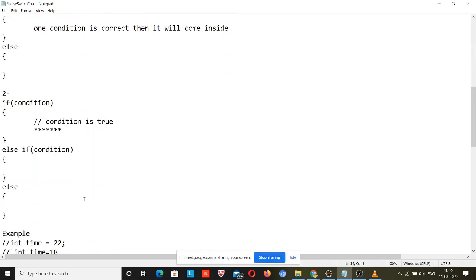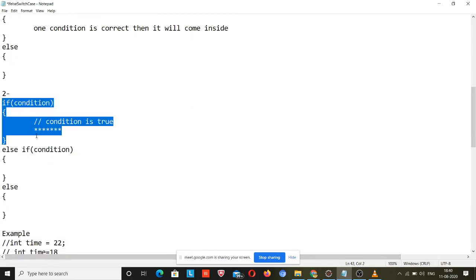Now these are nested if else. What a nested if else statement says is that if the first condition is passed, I want to check one more, and I don't want to use the AND operator. There are certain conditions where you cannot use the AND operator, you have to check manually. Maybe you want to check an integer and a string, or there may be certain more conditions.